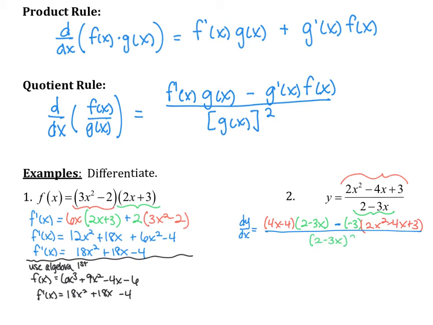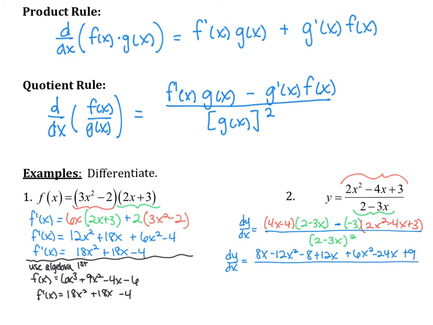Okay, now we need to simplify this. So dy dx, the derivative of y with respect to x, is equal to, let's see, we get 8x minus 12x squared minus 8 plus 12x. Minus a negative 3 is going to be a positive 3, so I can distribute a positive 3 to get positive 6x squared minus 24x. A positive 3 times positive 3 is positive 9